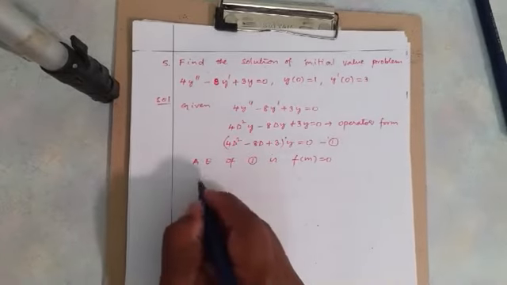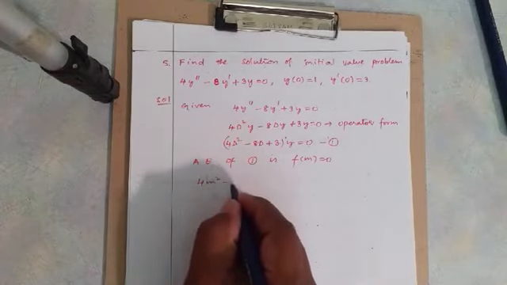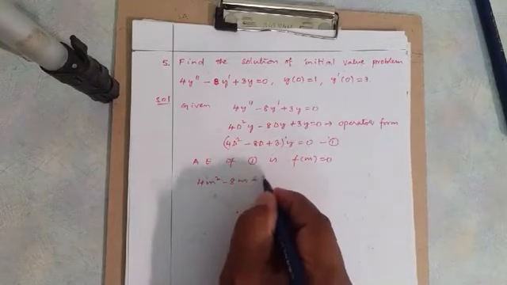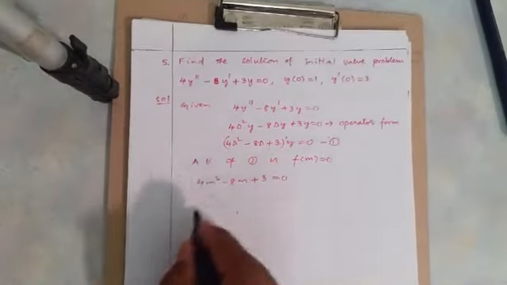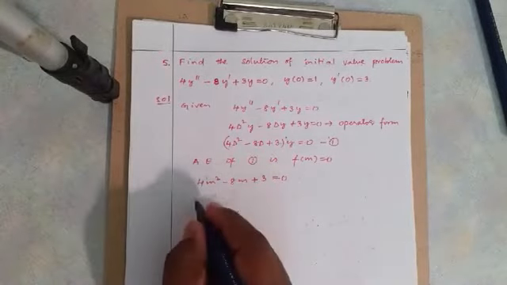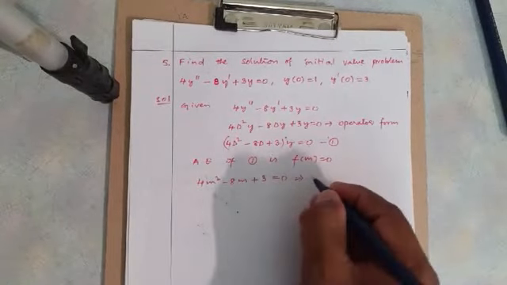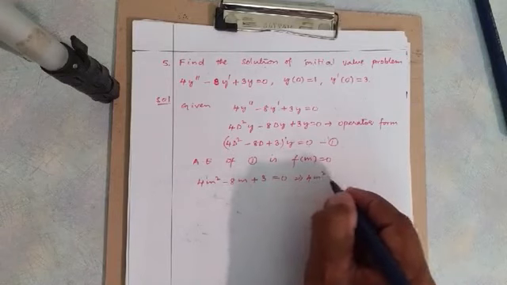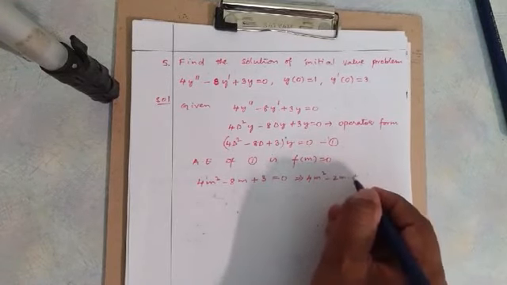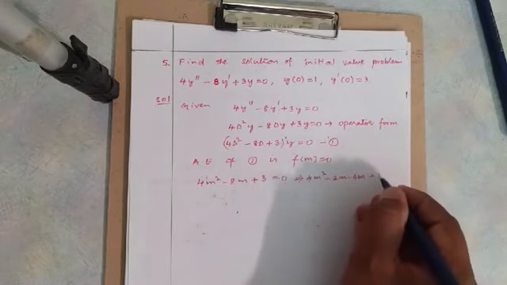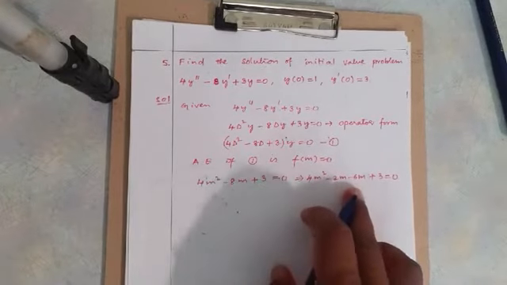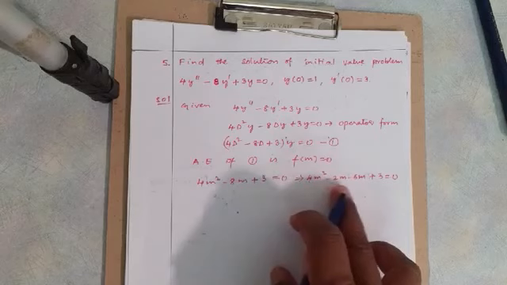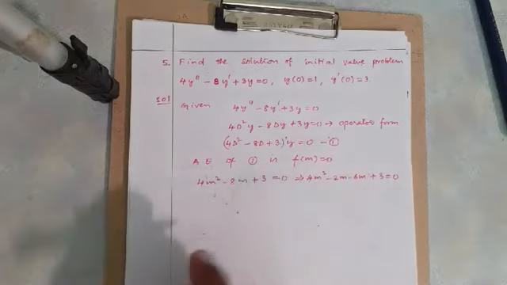Now we write here 4m² − 8m + 3 = 0. Okay. Now when you find the root here, what you will get? So this implies 4m² − 2m − 6m + 3, because here 4 into 3 is 12m², so 2 into 6 is 12. So −2m − 6m is −8m.